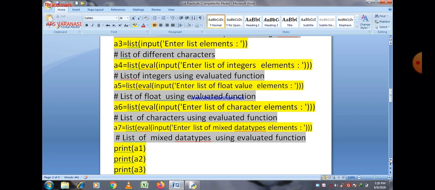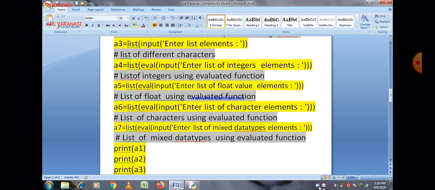But if we want to create a list and just pass integer or float values, and we want these to be part of the list, then there is a function named eval. Actually this converts, or we can say this function considers these values as they are.